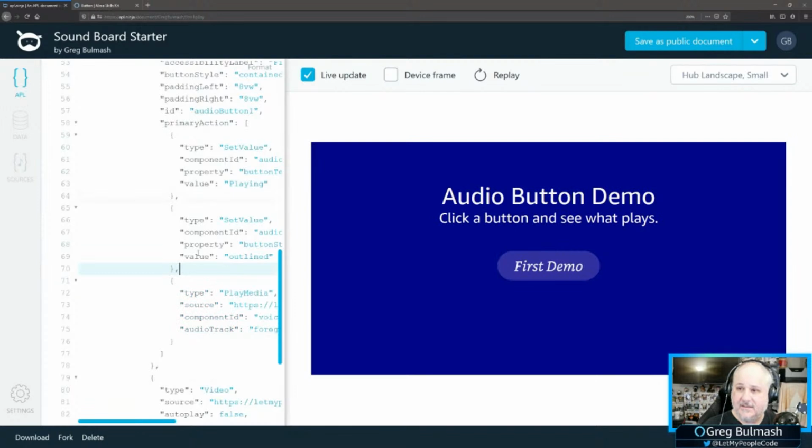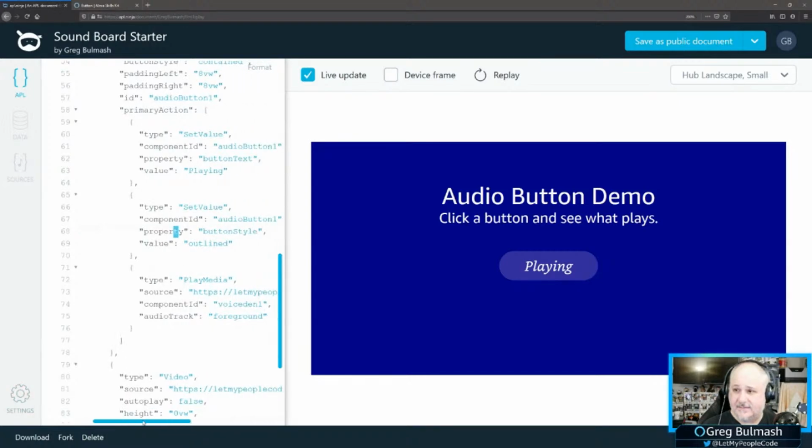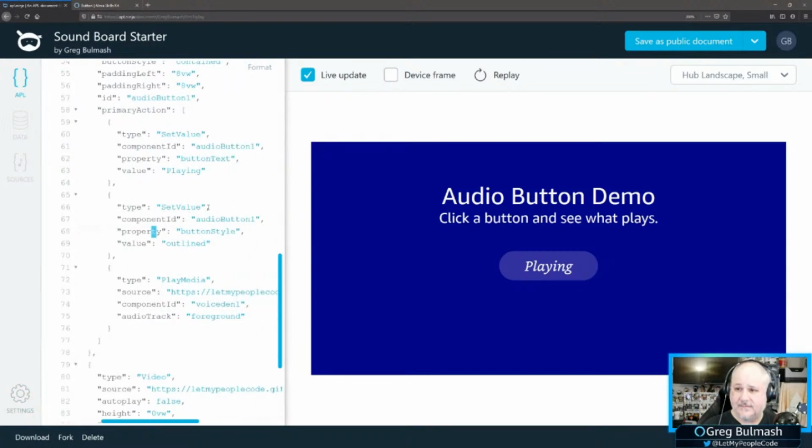And we're experimenting. This happens to everybody. We've got this correct. You're going to do the set value is outlined.